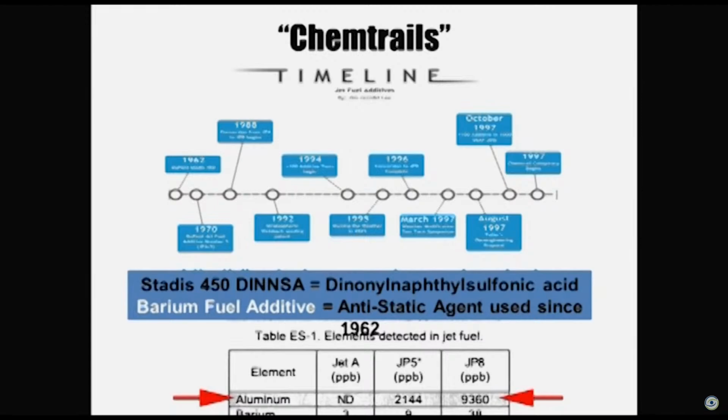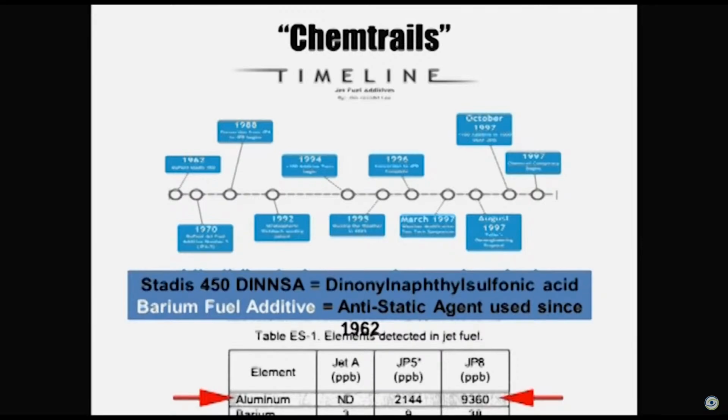It's an anti-static agent. They said that F-4 Phantoms were exploding when small arms fire were hitting their gasoline tanks. So the static was basically blowing them up. Similarly, in commercial aviation, they would go to refuel a plane. The static would jump from the hose to the plane and blow it up. So they put barium in there. Barium's poisonous. I don't like it. But if you don't know the whole history, then you're not well educated on this.